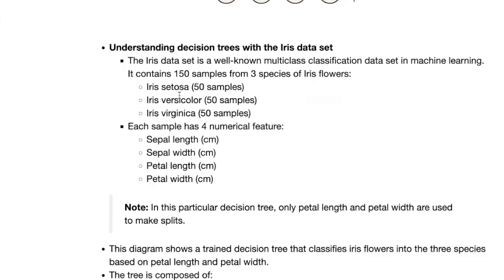And these species are Setosa, versicolor, and virginica. And it's a very nice data set because we have 50 samples per class or category here, and thus we have a total of 150 samples. And if you remember from our previous lectures, in this case, these are the targets that we are trying to predict,